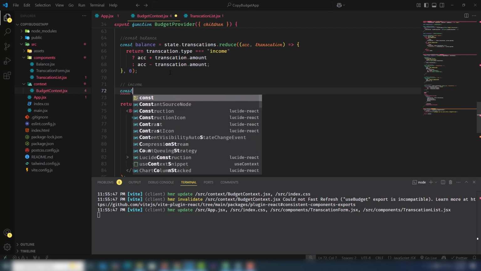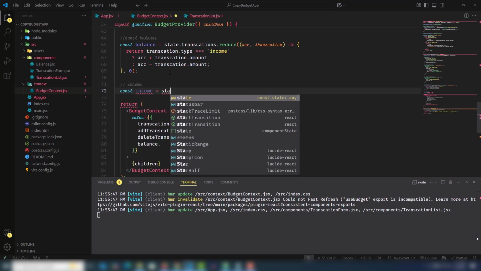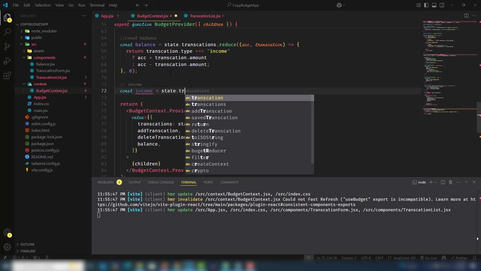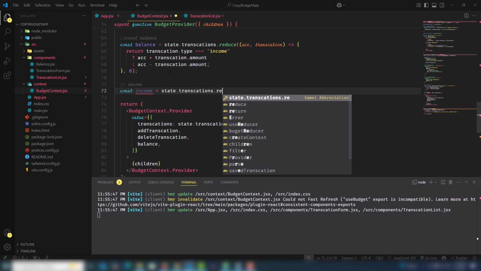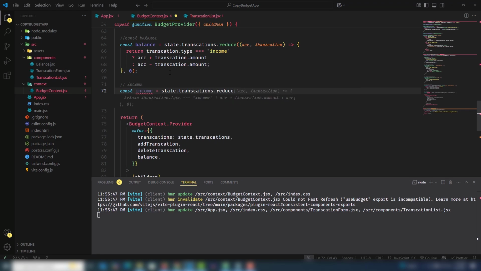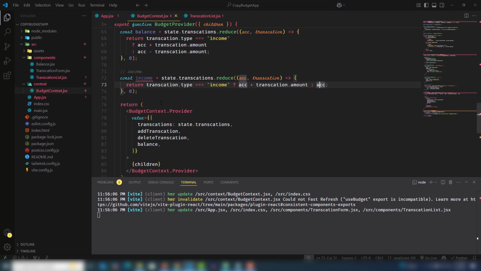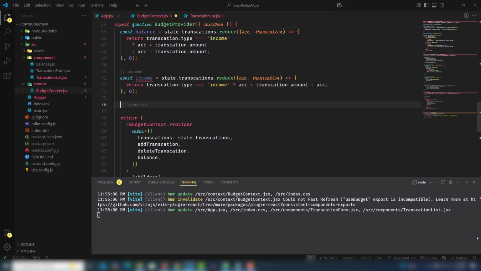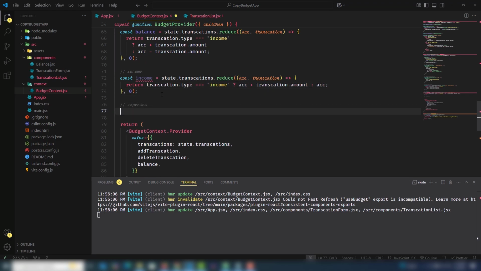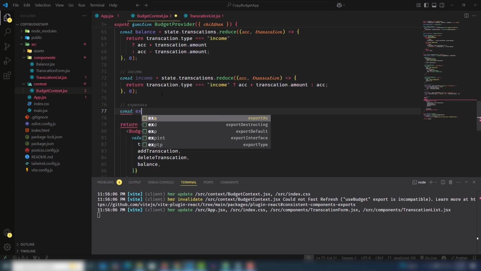income, const income, and the same thing you need to do, state.transactions dot reduce, and yeah, that's our code. First I'm going to check it. Transaction dot type is income, accumulate transaction dot amount, otherwise return the accumulator. Yeah, great. The last thing is expenses, so let's use const expenses